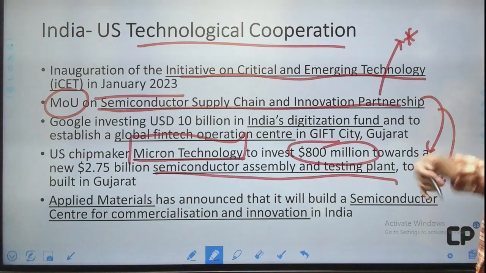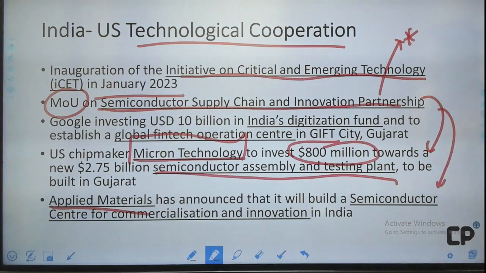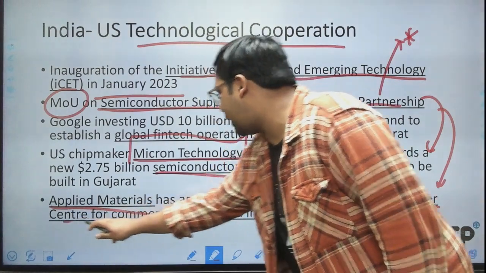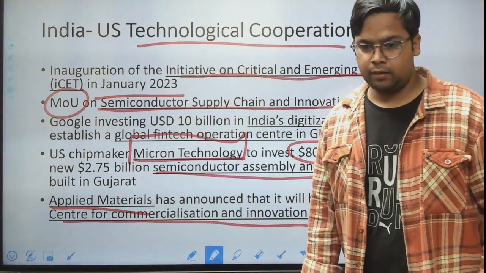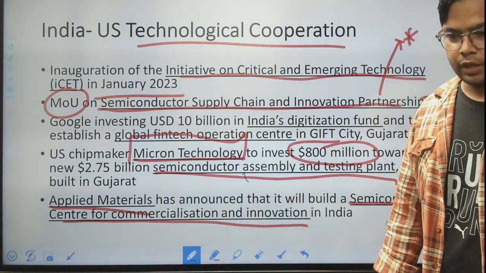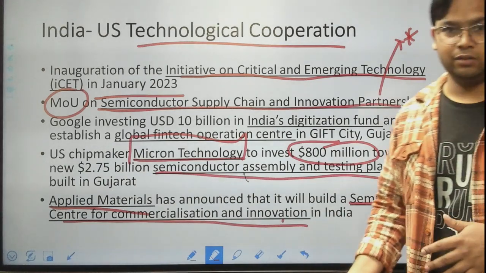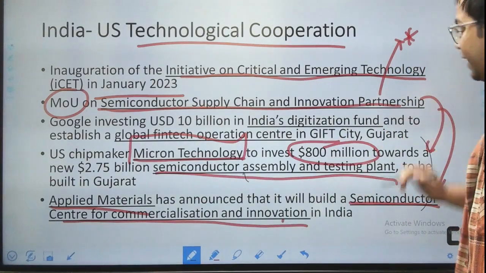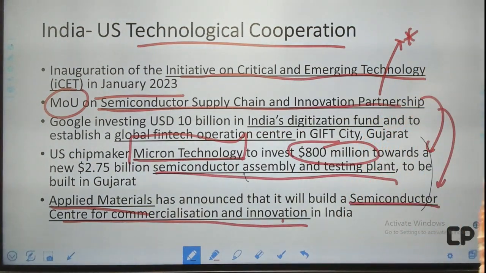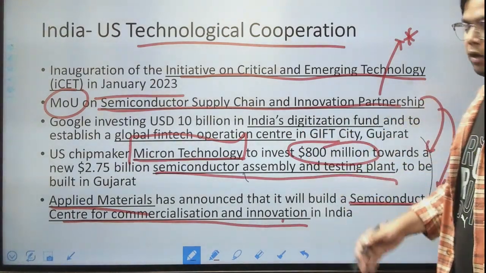Okay, and second, the US company Applied Materials has also announced that they will build a semiconductor center for commercialization and innovation. Here, you are making semiconductors, and there, you will be innovating with respect to semiconductor technology. So these two deals are very important for India's semiconductor potential. And looking at how India has discovered lithium reserves in both Jammu and Rajasthan, this is only going to